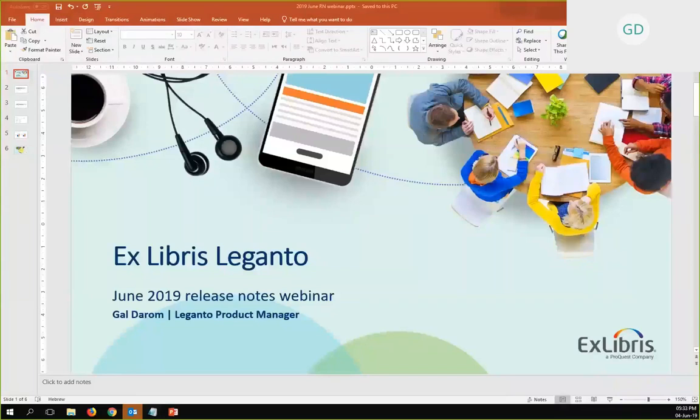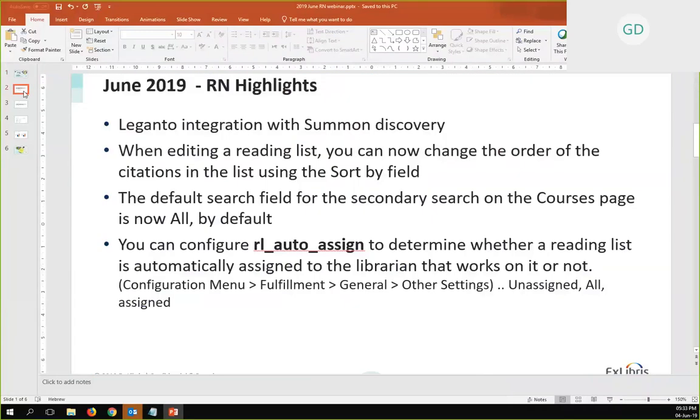Okay, so today I will walk through some of the functionality we developed for the June release, followed by a sneak peek to July and just a small discussion around analytics at the end. In this release, we had several enhancements that are related to Alma